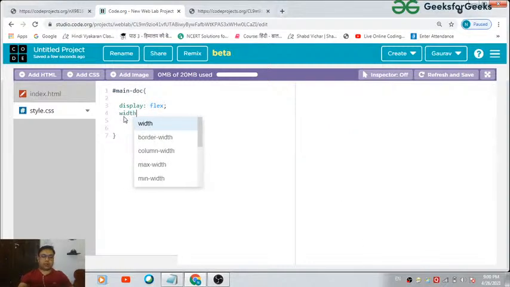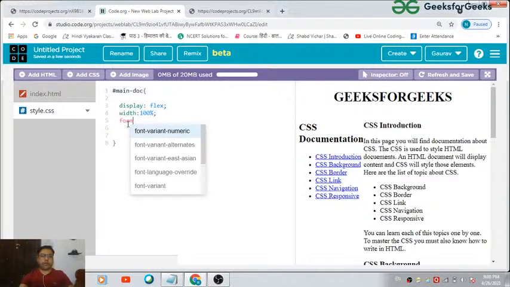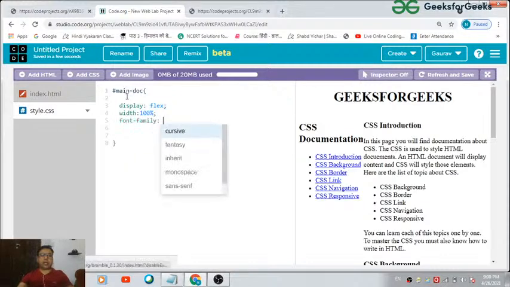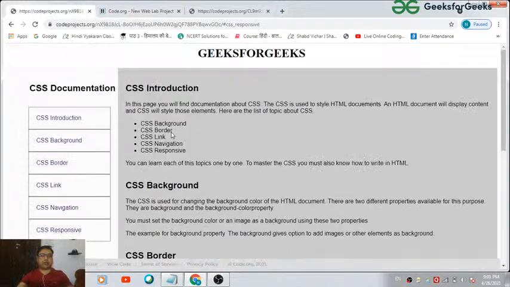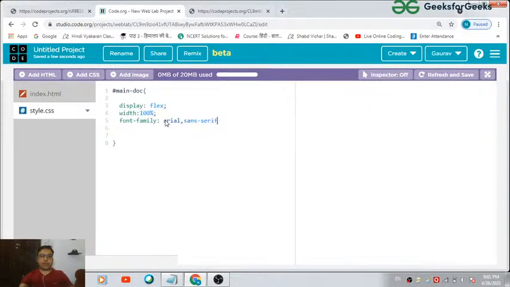I would like to see them always covering the entire width of the page, so 100% I have defined for this width property. Let's now define something for the font family so as to make it identical to this whole thing which is getting reflected over here on this beautiful web page. So I would like to have this Arial font family, and sans serif is a font I would like to